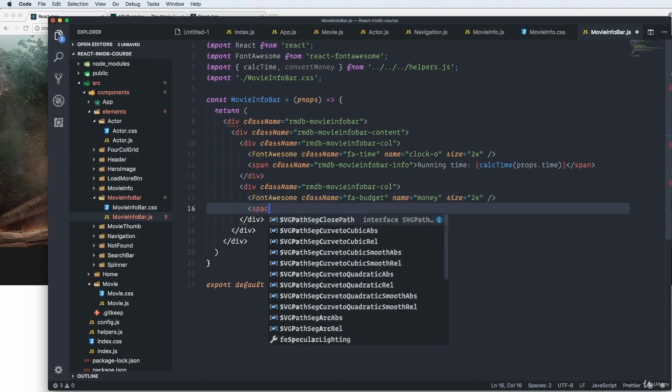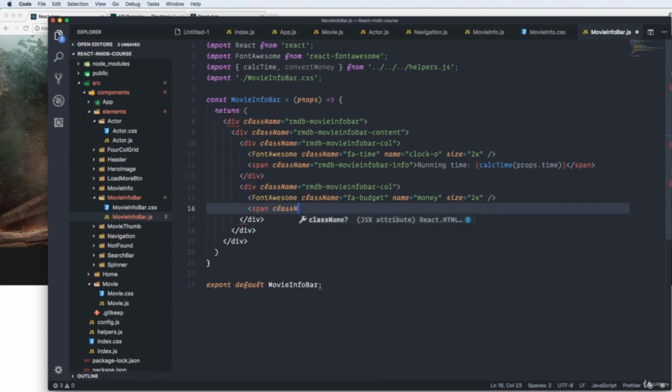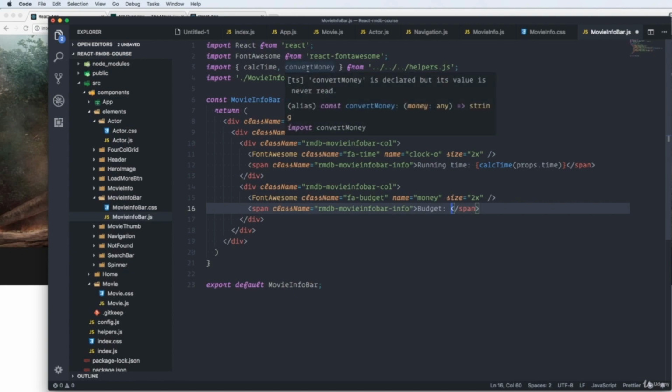Then we create a span again with a class name of rmdb movie info bar info, just as before, like so. We write budget colon, and then for this one we use the convert money function that I made